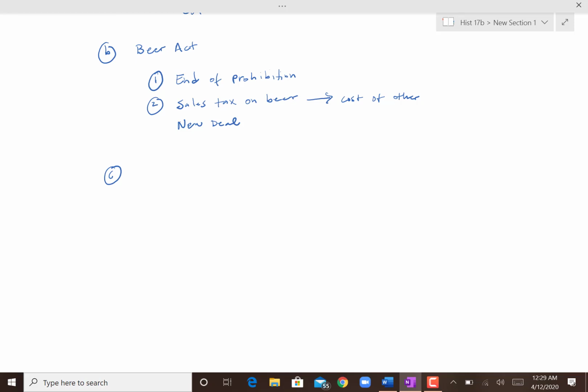But specifically, the sales tax on the beer is what they were looking for, because that money could be used for other aspects. The next one is the Agricultural Adjustment Act, and this one was looking at restoring farm income,